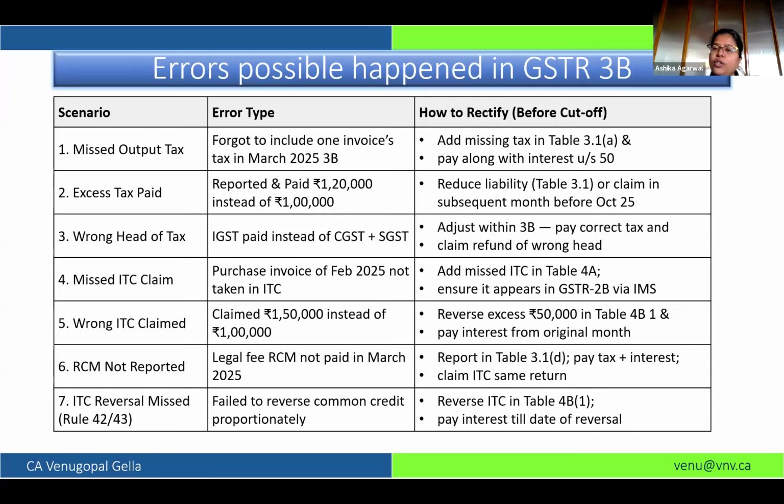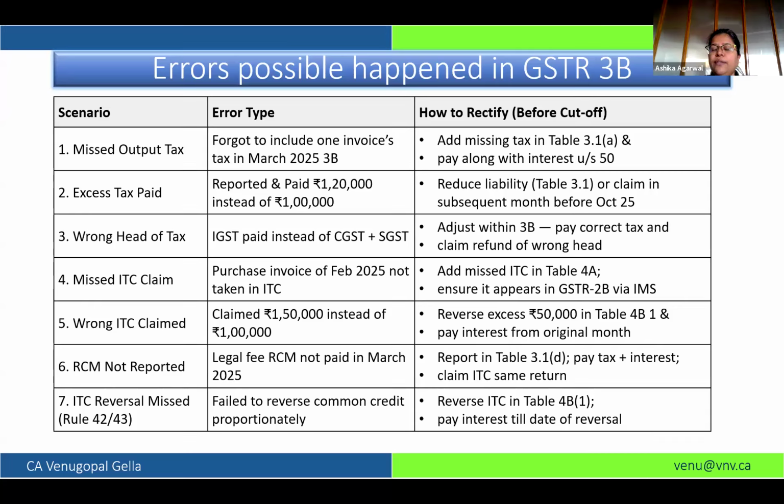By way of amendment, your liability in GSTR-1, taking the net impact, will automatically reduce, and when it auto-populates in GSTR-3B, it will take the impact of this excess tax paid. If it is a case of wrong reporting of an invoice, it will show reduced liability, your tax liability will automatically show 20K less, and you can pay the balance tax amount.